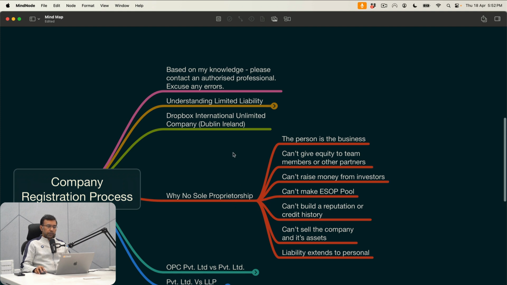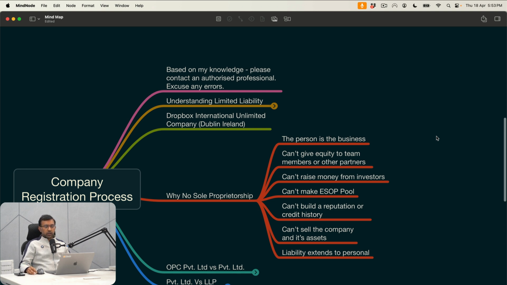So if you create a private limited company, it's limited liability. It is more important for businesses like, let's say, a construction business. If a construction company builds a building and the mason made some mistake and somebody hurt themselves, they cannot sue you. They will sue the company, and it can be handled from the company itself, right? You don't want any personal liability.